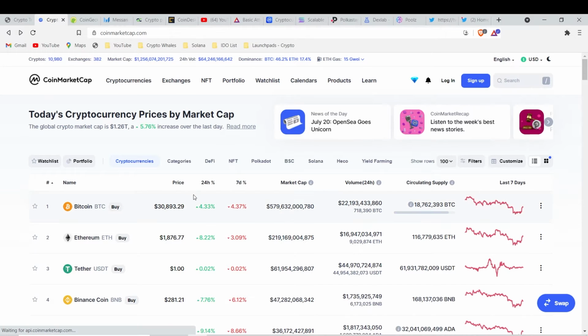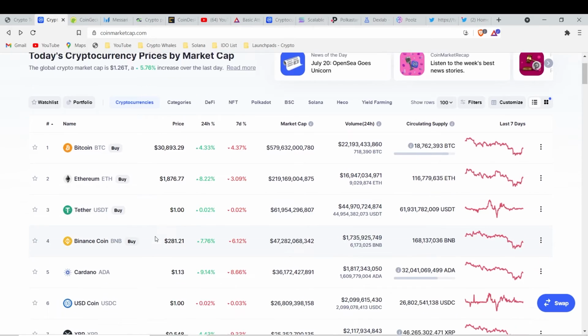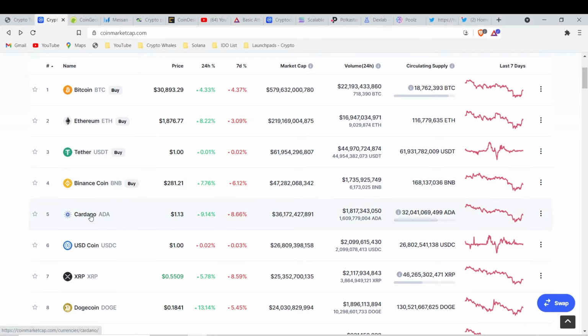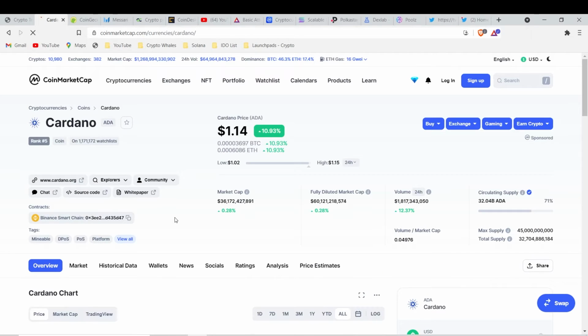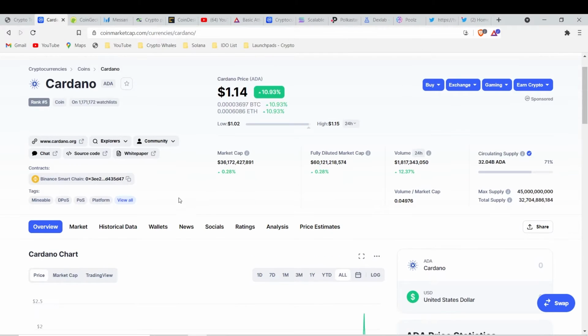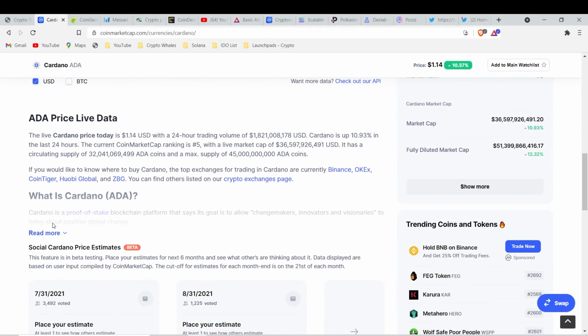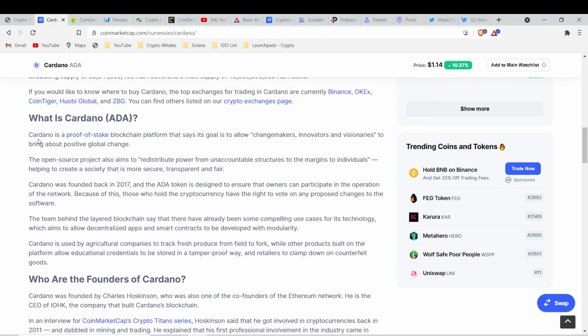Once you have looked at the price of each of these, you would want to look at what each project means. The great thing about CoinMarketCap is it gives you the definition, or in this case, description of what these are. Let's take Cardano as an example. We know that it currently stands at $1.14. We now want to know what it does. So we can scroll down and see that Cardano is a proof of stake blockchain platform that says its goal is to allow change makers, innovators, and visionaries to bring about